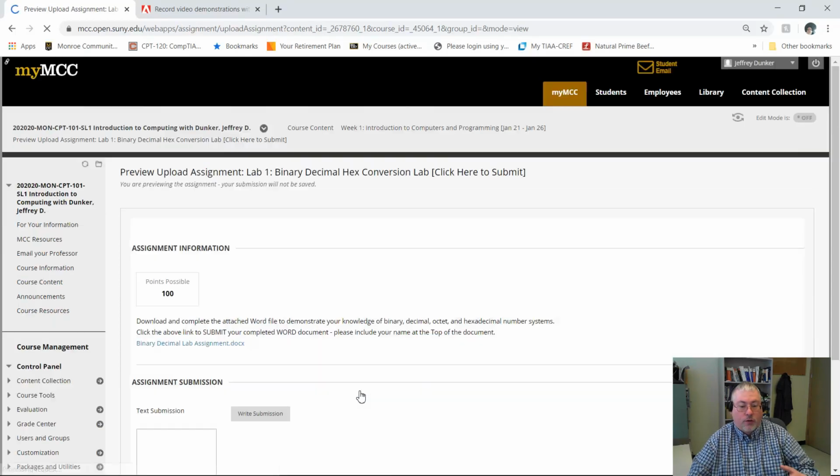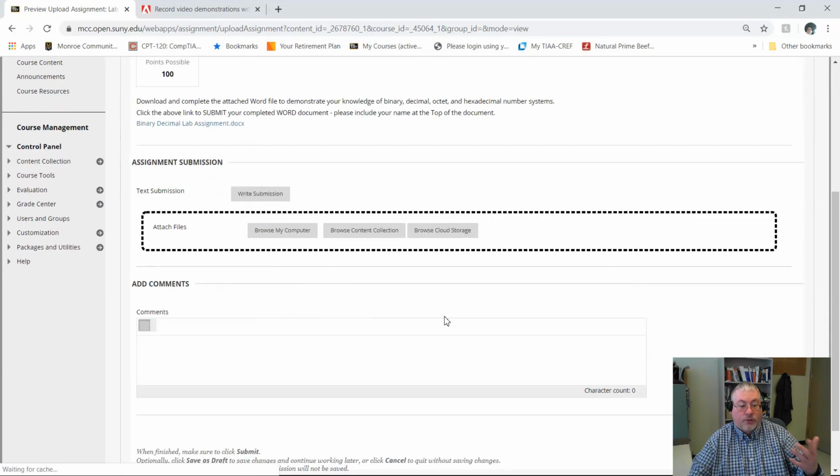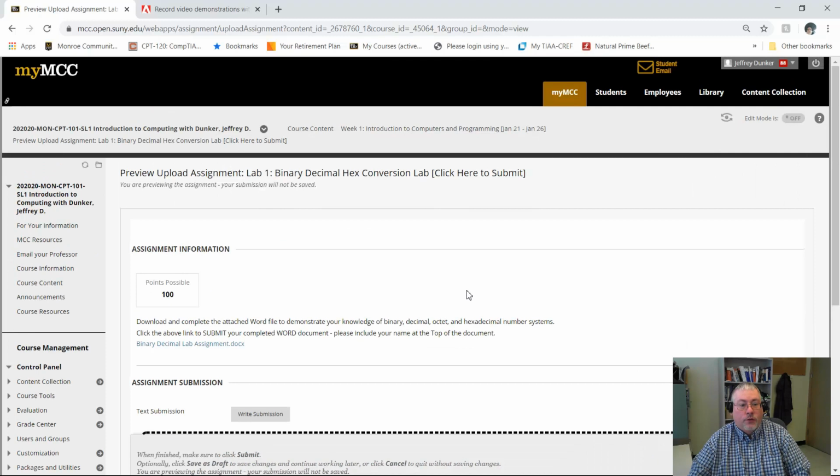And what it's going to do is bring up an area for you to submit that file that you just completed. So that was just a Word document, so you would just browse your computer and find your Word document that you just saved to your desktop or to a different file location of your choosing, and then you'll just be able to put that in there, and then at the bottom there is a submit option, and you'll be able to submit it. So that should get you started for week 1,